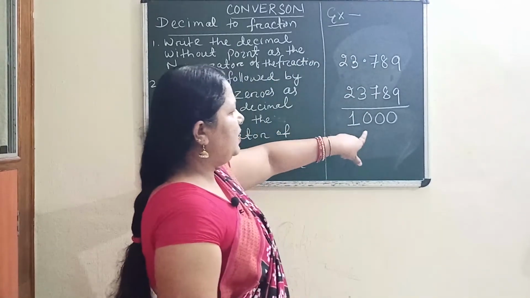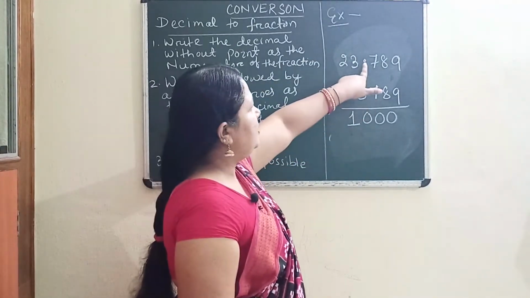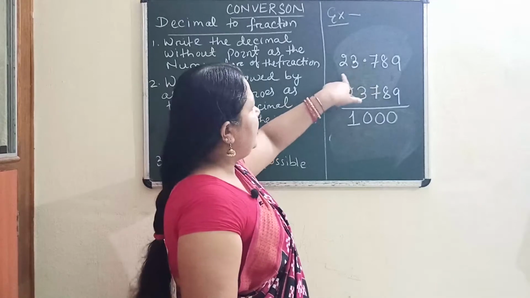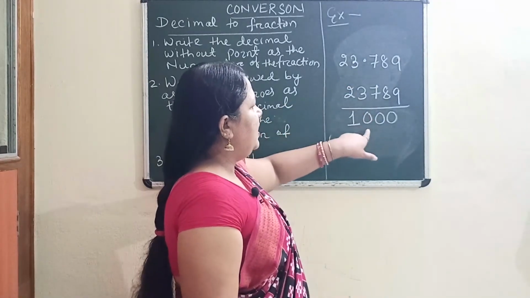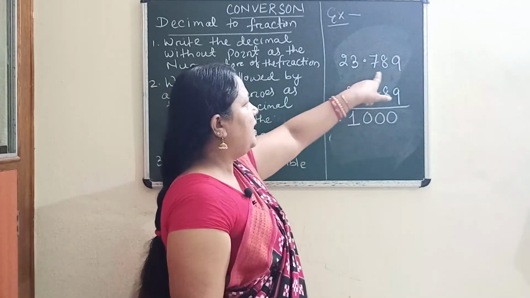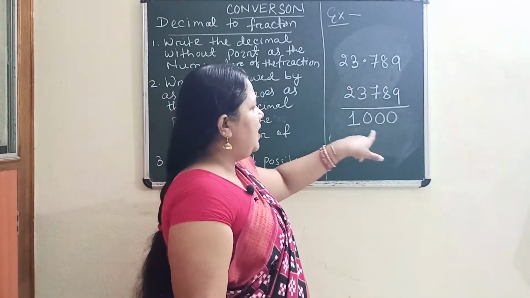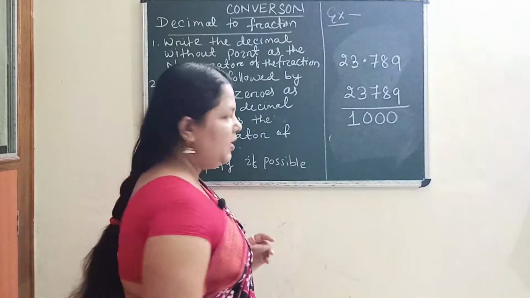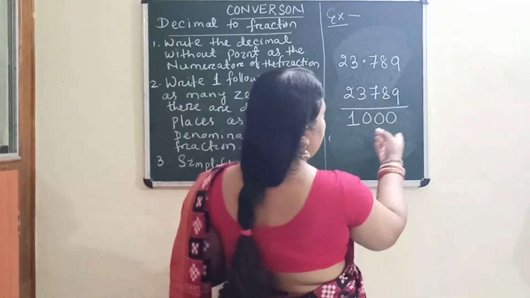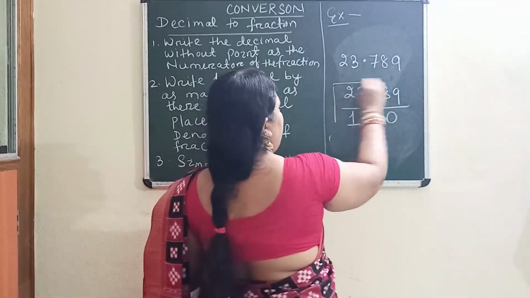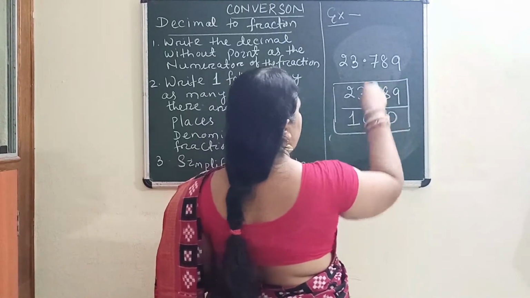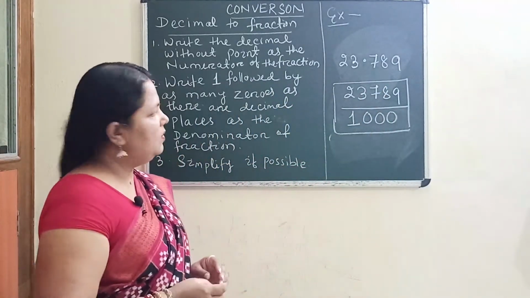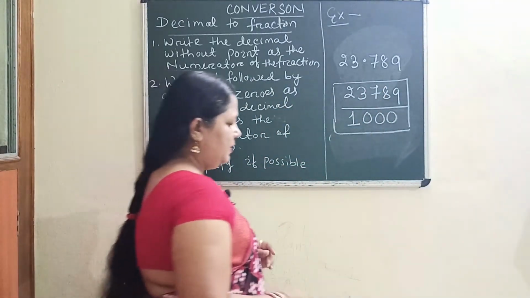So when you are converting into fraction, forget first about the point. Write all this as your numerator and divided by, write 1 and according to your decimal places add that number of zeros along with 1 and that will be your denominator. Then you can check if it is possible, then simplify, otherwise this will be your fraction after converting decimal number into fraction. Clear?